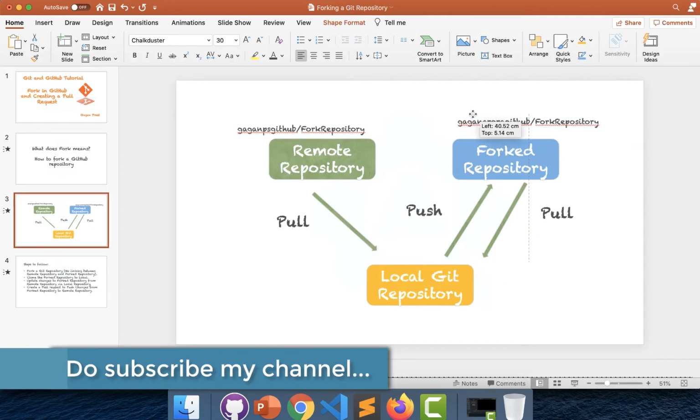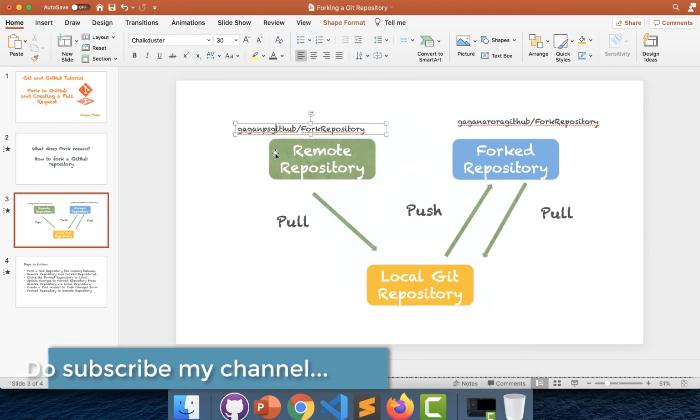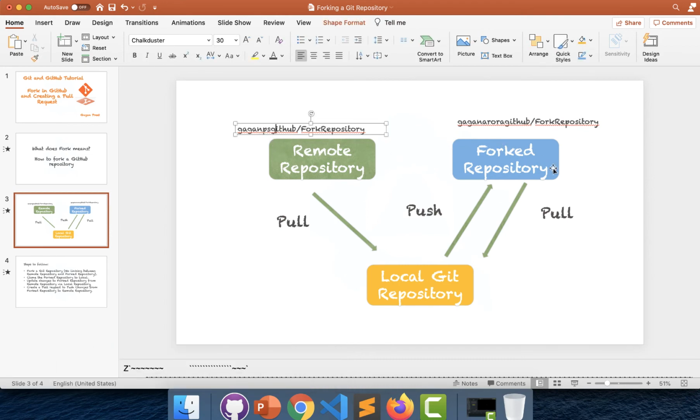So just to give an idea, till now we are at this particular state where we have created a fork that is over here out of this particular remote repository, and there is no linking between these two repositories as of now. So what in case you want to perform any changes? Let's say there are some changes which I want to push from this forked repository to this repository. We'll see this in this video itself, not a problem.